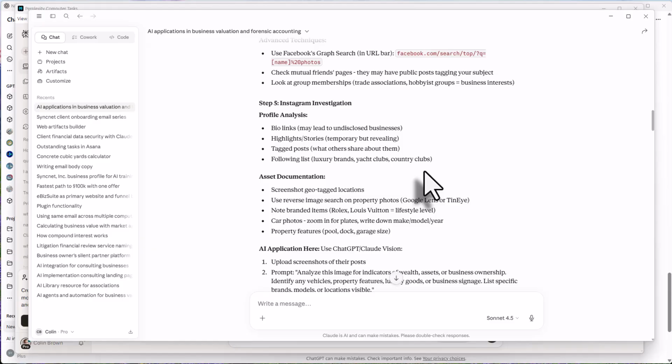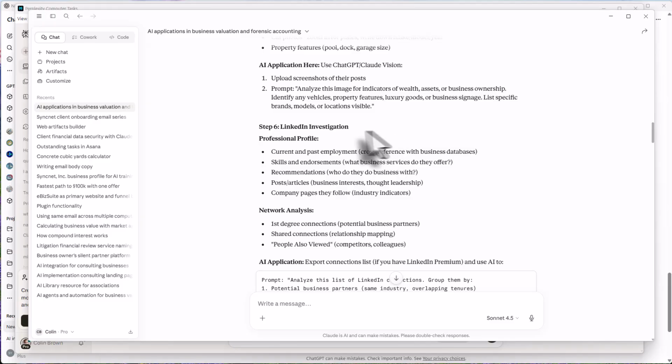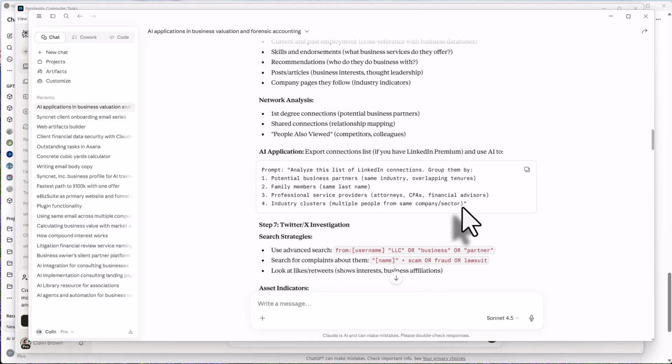For those forensic accountants out there, you're probably already using these types of tools, but if you're not, these are fascinating, and the fact that it came up with these is very smart. It shows you how to do the investigation for each individual platform. The other ones suggest that you can go out and do your searches on LinkedIn, Instagram, and Facebook, but this actually tells you what to look for in each platform. So that's Instagram, there's LinkedIn, and then it also gave a prompt.